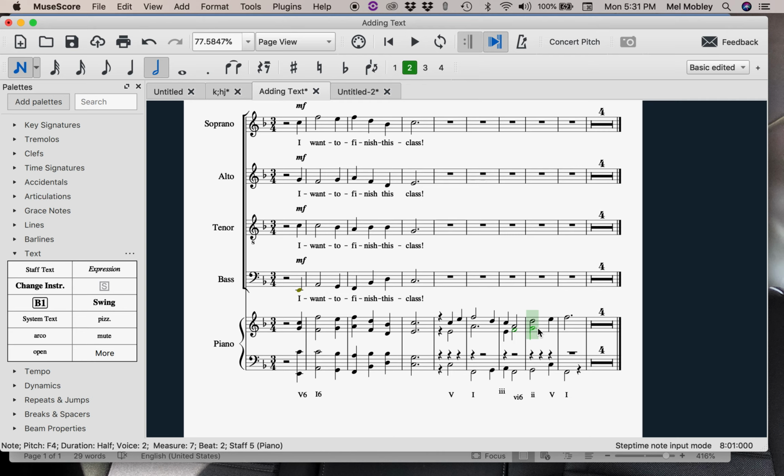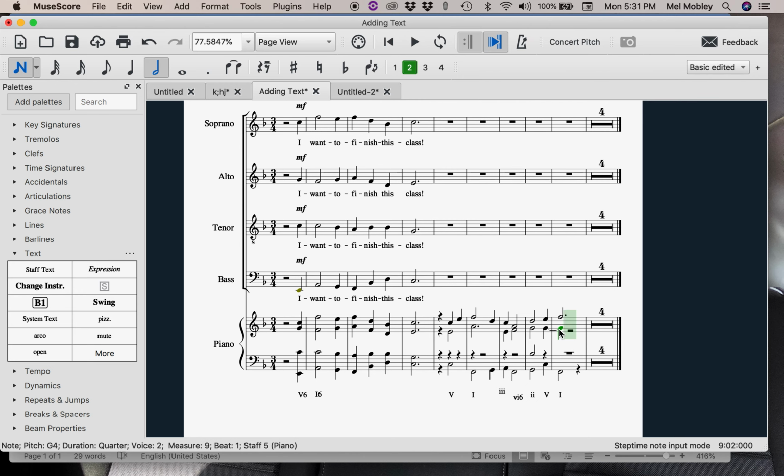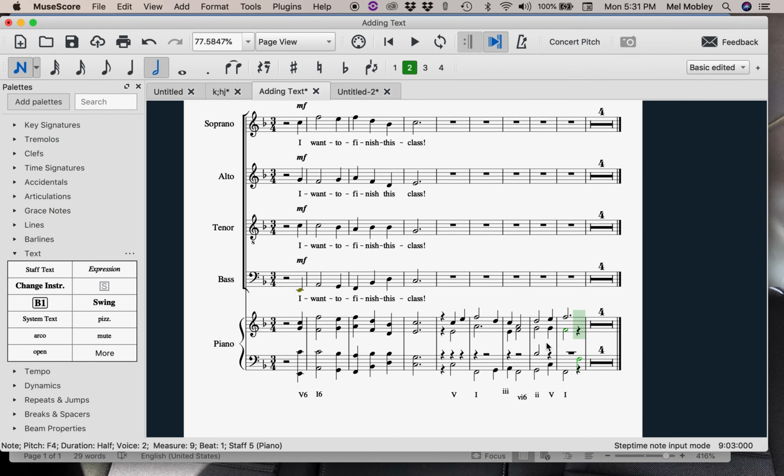So we're just going to make it a G. And we definitely need a B flat here in this other voice. So let's go ahead and do that. And then the last note we need here in the alto, we can keep our G, and then we can move that to F. Okay, so we have the alto line in,